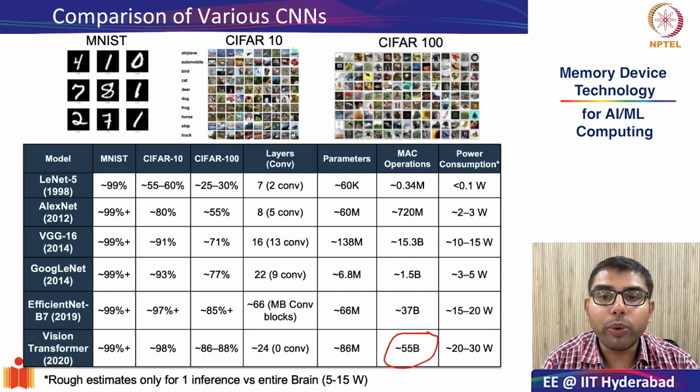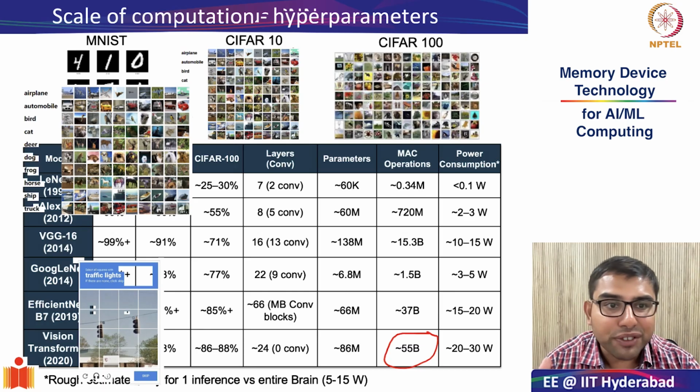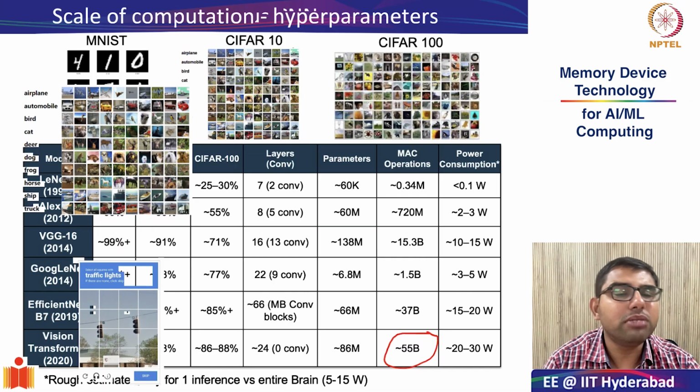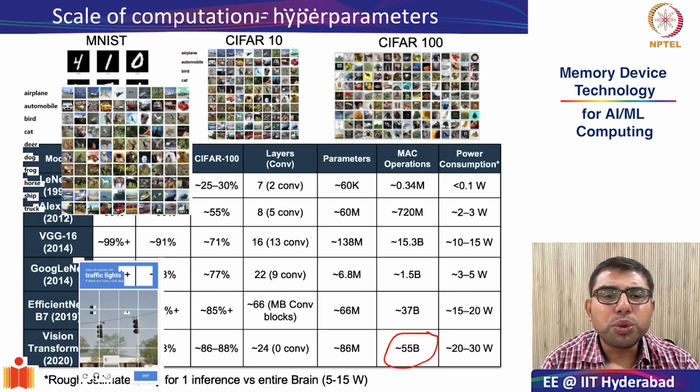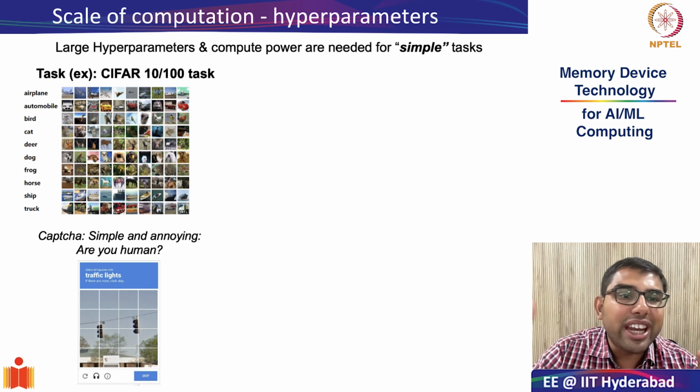So let's move forward. Just to re-encapsulate what we had discussed last time in a slightly different manner, we have seen tasks such as CIFAR 10 or 100. What was CIFAR 10 and 100? You had a data set of just 32 cross 32 pixels, but these were colored images. So you had 3 channels, red, green, and blue.